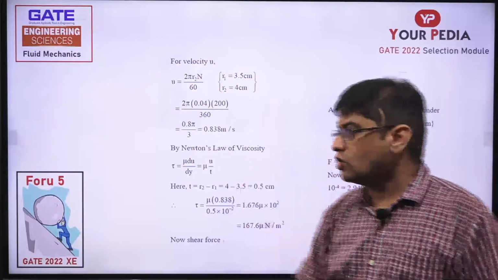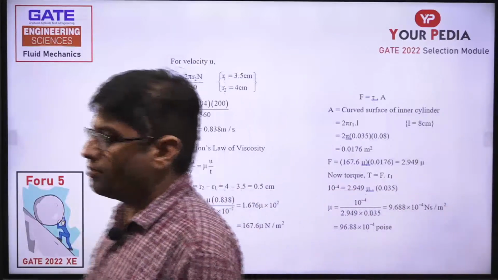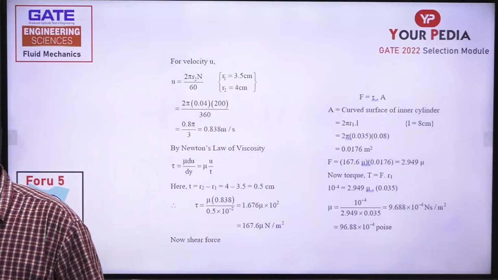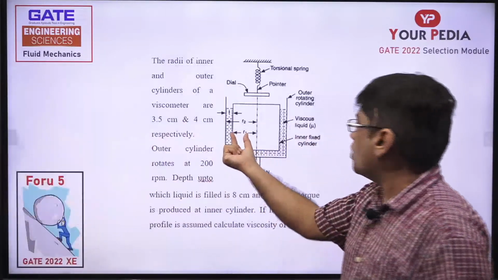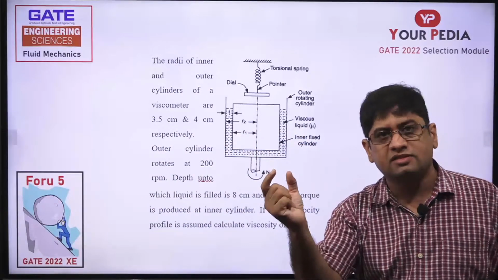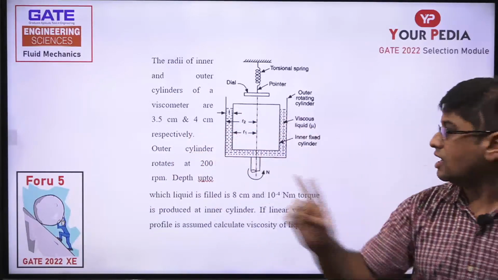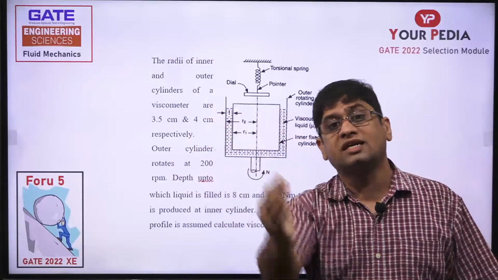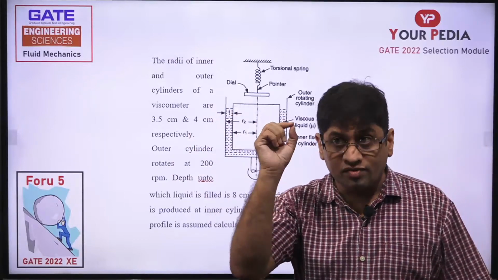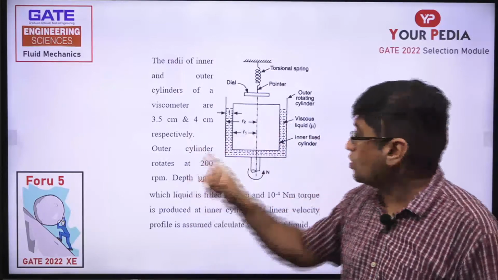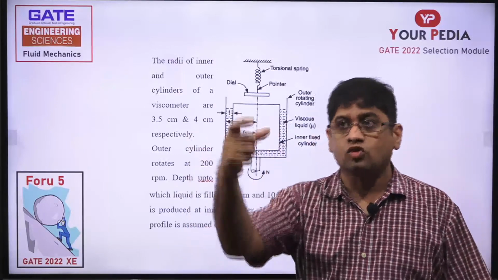Now do we know what is the gap between the two cylinders? Yes. So R2 minus R1 is the thickness. You know, the outer cylinder is rotating, it has a linear velocity v. So the liquid in contact with the outer cylinder also has the linear velocity. Now if that linear velocity we know, and the velocity of the inner cylinder is 0, so du is nothing but